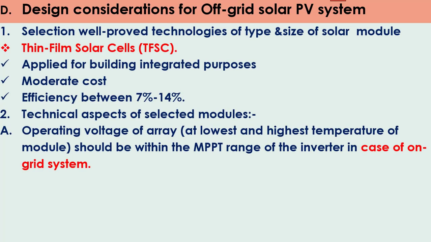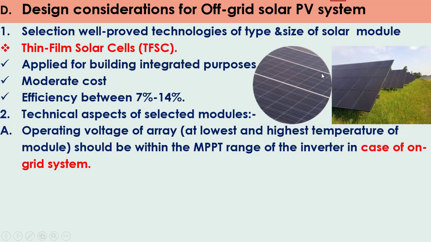The third type of solar modules is the thin film solar cells, TFSC. This type can be applied for building integrated purposes, as we see, being more flexible, and its efficiency ranges between 7 to 14%. And among the technical aspects of the selected module operating, this is another issue we must take into consideration, the